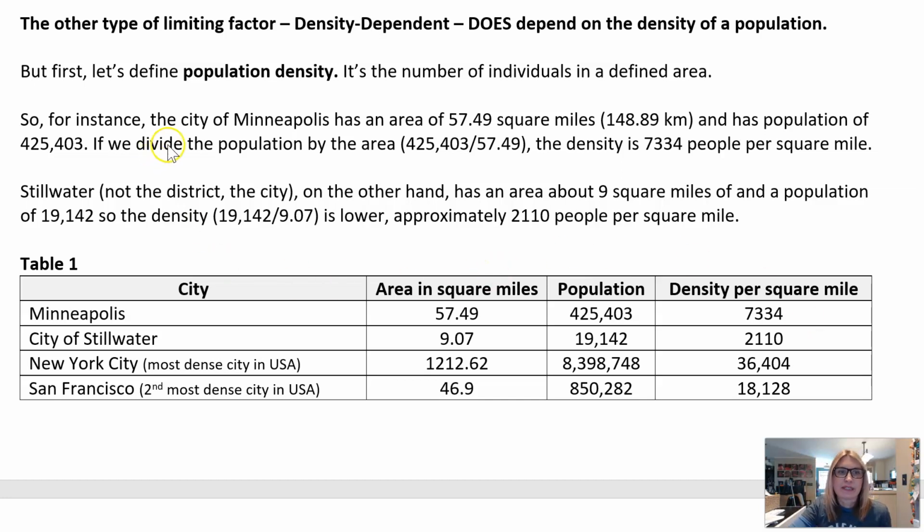So for example, if we're talking about the city of Minneapolis, it has an area of 57.49 square miles. That's including the water. And it has a population of 425,403 people. So if we divide the population, the number of people, by the area in square miles, then we can see that the density is 7,334 people per square mile. So if you had a square mile and you divided up all the people equally, there would be